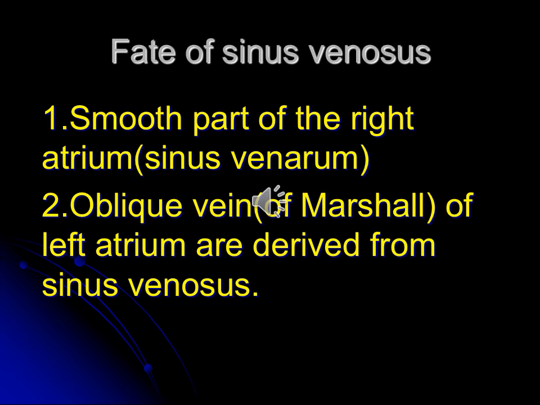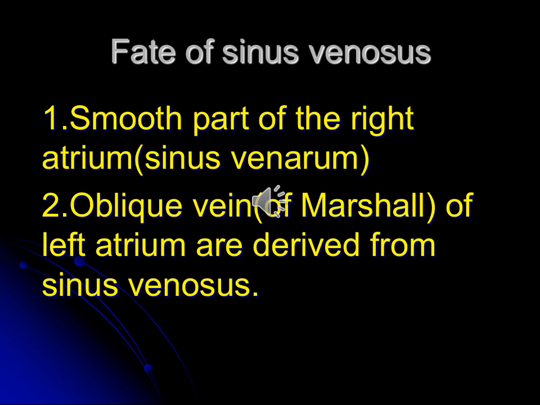So it means that all the 4 chambers of the heart have a rough part and a smooth part. The rough parts, whether it is crista terminalis or papillary muscles, chordae tendineae, these are all derived from the original heart tube chambers. Like we have said, primitive ventricle, primitive atrium, these are represented by the rough parts of the heart tube, whether it's atrium or ventricle.